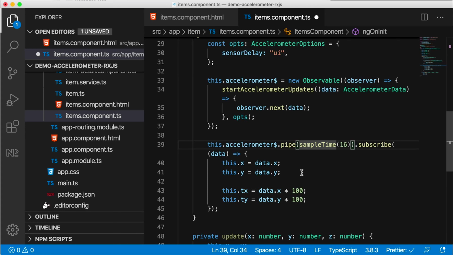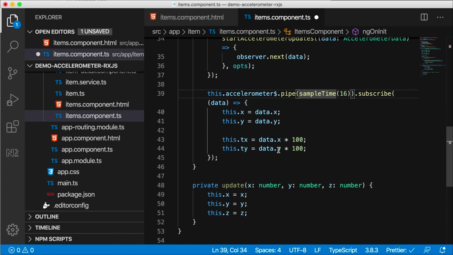Well, we can use something called a running average, where we take the last X number of values, we aggregate them, and then we take the average of that. So for example, the first time this subscription gets triggered, X has a certain value, and the next time X has a certain value. If we collect, let's say 5 of those in an array, and then add all of them up, and then divide that by 5, we'll get the average of the last 5 times, or the last 5 values of X. And if we apply that to TX, TX will be the average, and it'll smooth out